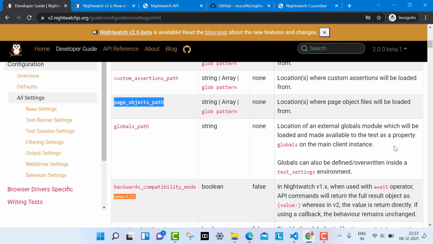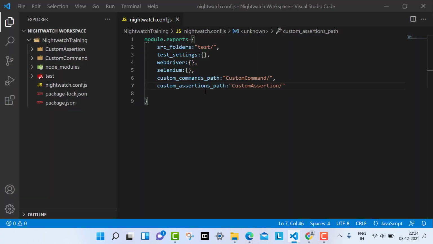Suppose you want to click on base settings and do some checks, you want to write some command or function on that, or a verification command. These things come under the page object. So where do you define these page objects? For that they have given the page object path. You just come here and give the page object path, and a comma is missing here.